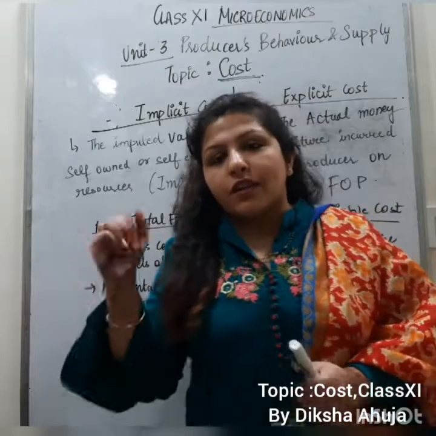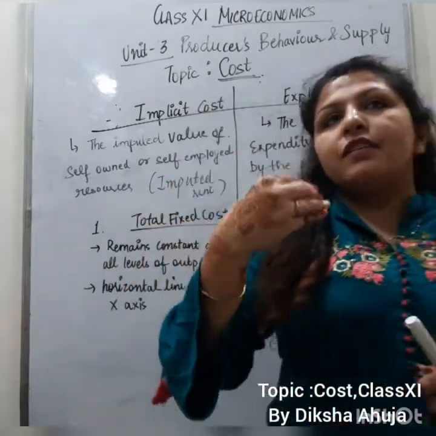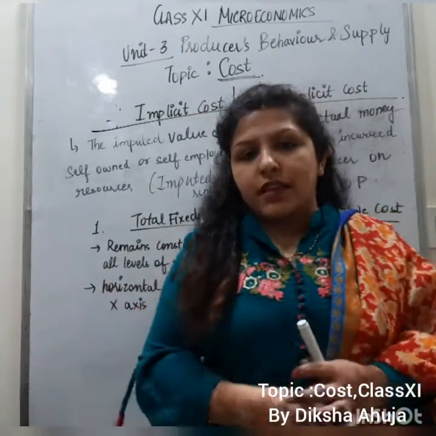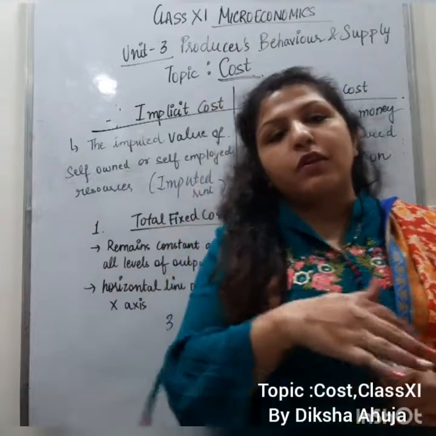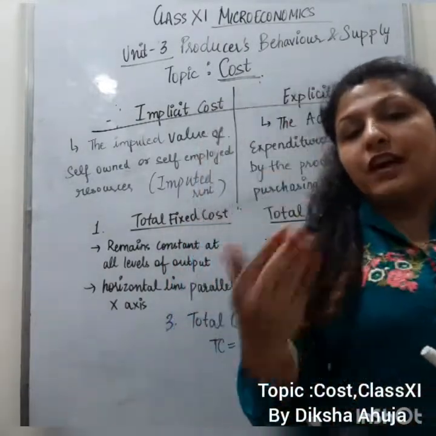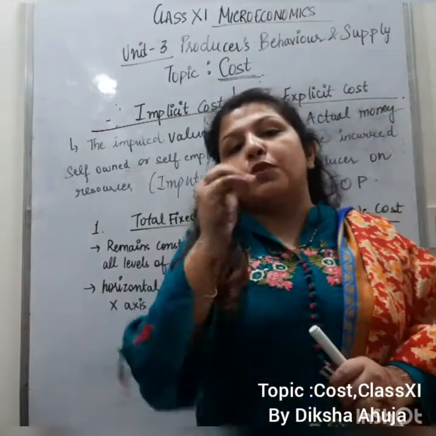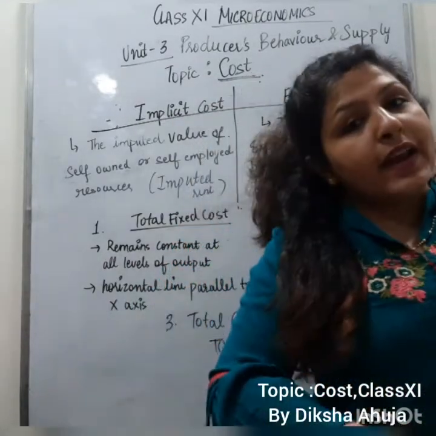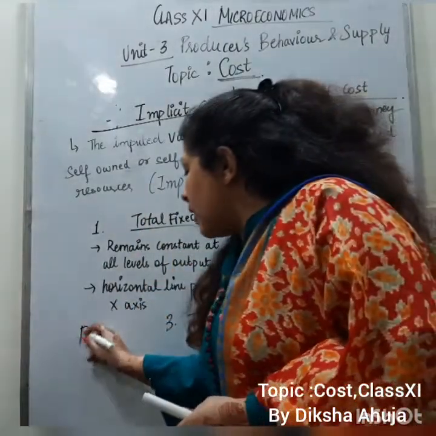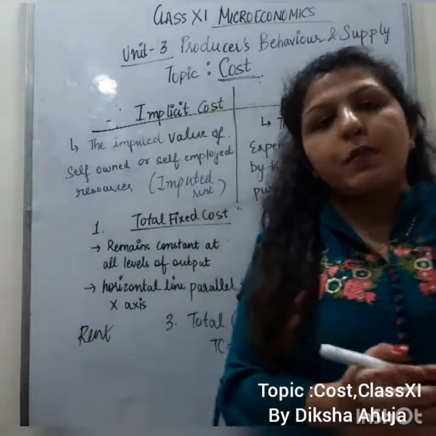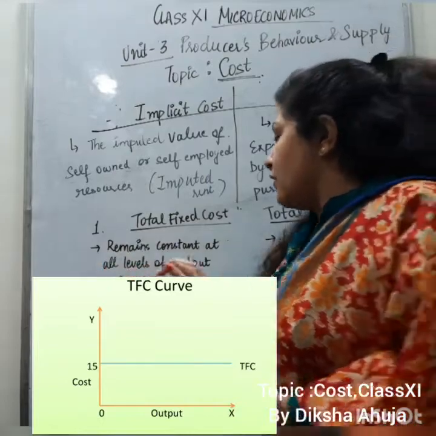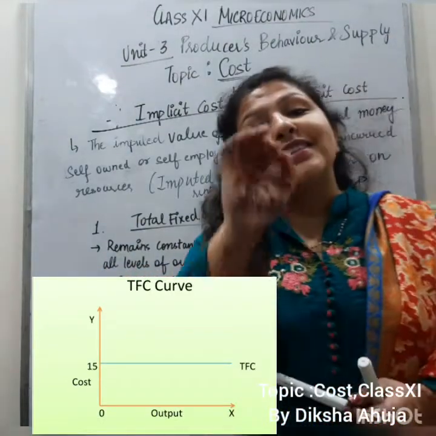अच्छा, imagine करो in this lockdown, what happened? Many shops were paying rent, or many houses were paying rent, but they were not having salary, right? Let's say many shops are paying rent, but उनके पास कोई भी customer नहीं था, right? So no output was being produced. Let's say factories were paying rent, but no output was produced. Then also they needed to pay rent. So output 0 है, 10 है, 100 है. So you can say rent is an example of fixed cost which has to be paid even if the output is 0. It remains same, constant at all levels of output, and it remains constant even at 0 level of output.